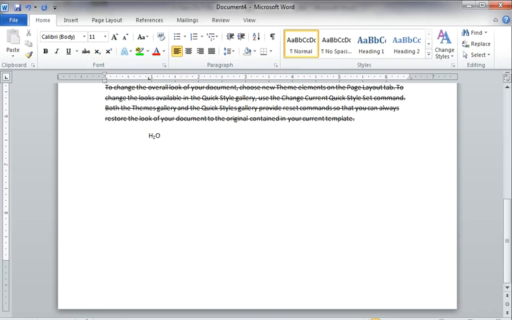Next is superscript. Superscript is used if we want to type x raised to power 2, then select 2 and click on the superscript. The text will appear above the baseline.